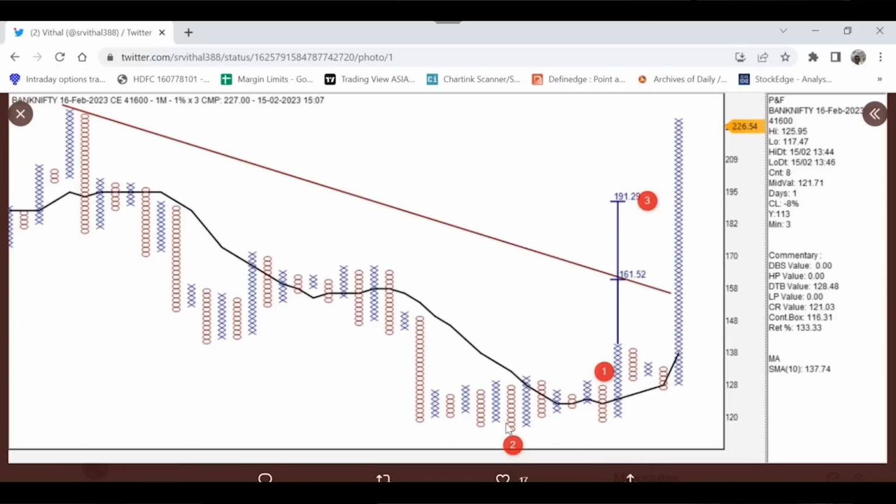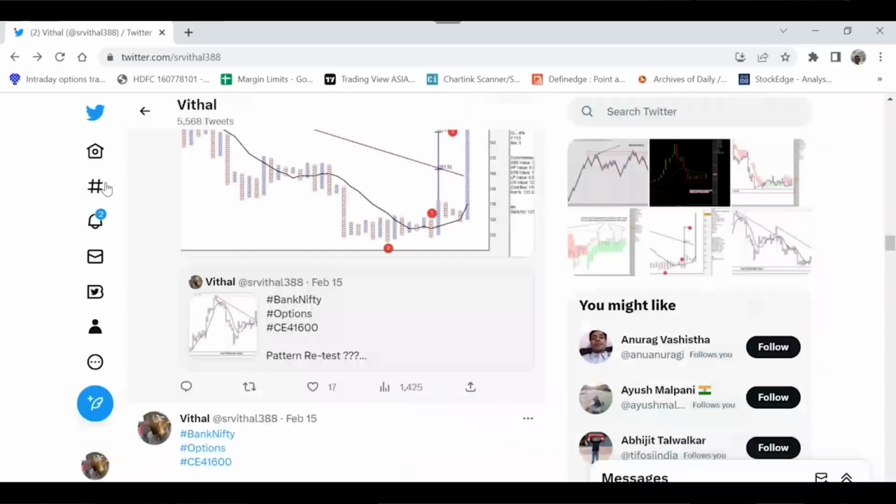This was the stop loss. So this entry was somewhere near 135. Yeah, correct. Around 135, and 110 or so was the stop loss. Just a 25-30 point stop loss on a Bank Nifty option, which very few people will believe. This trade was completed and I immediately also tweeted this.